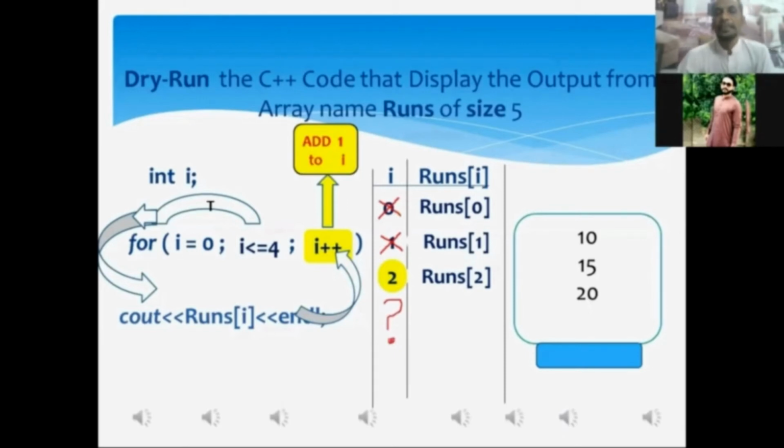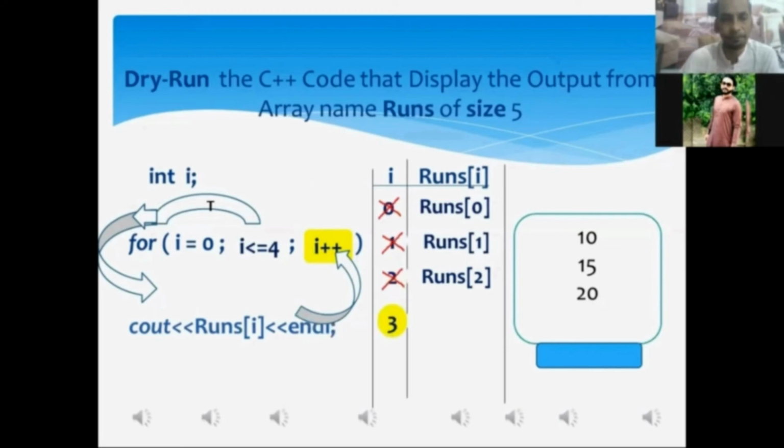It means now the current value of the loop variable i has become 3. If your permission is there, do I write the current value of i onto the question mark? That one is 3. Yes, sir. Okay, my dear.